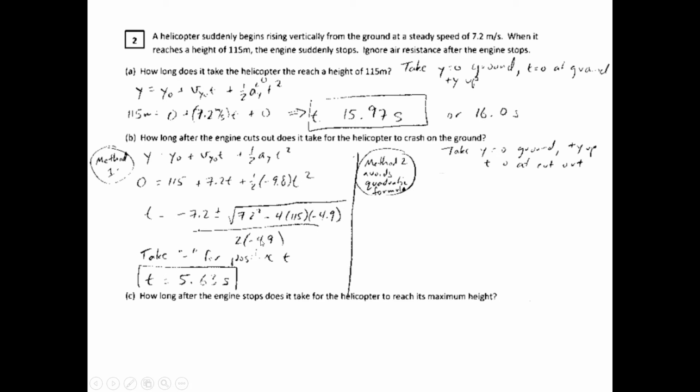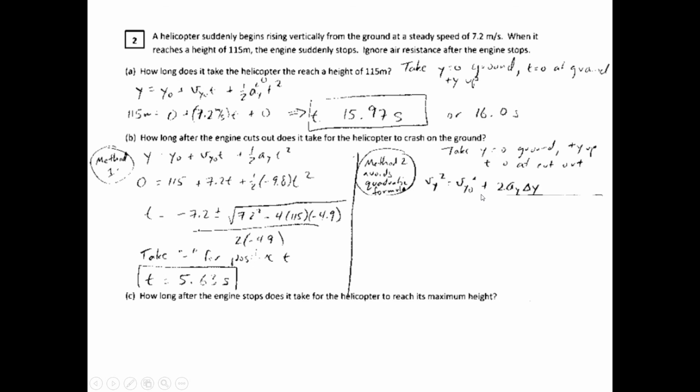Now, I want to do this using a second method, which avoids the quadratic formula, and you can always avoid it if you're clever enough doing these kinematics kinds of problems. So, same convention: y equals 0 at the ground, plus y is up, t equals 0 at cutout. But instead of going directly to the equation that has what we want to know as a variable, I'm going to go to a different kinematics equation, that third one,